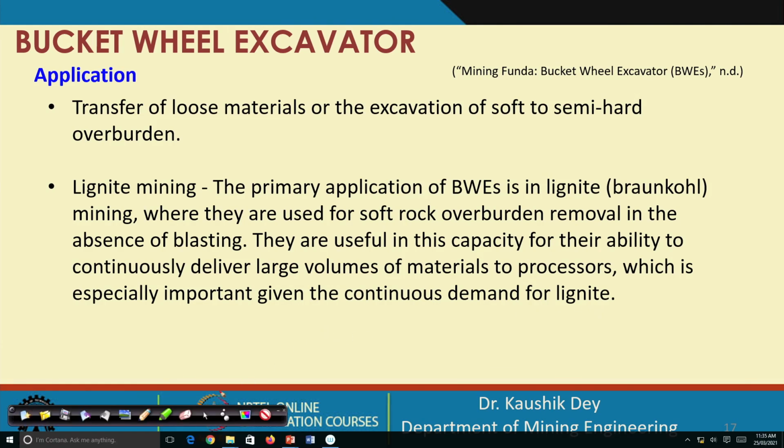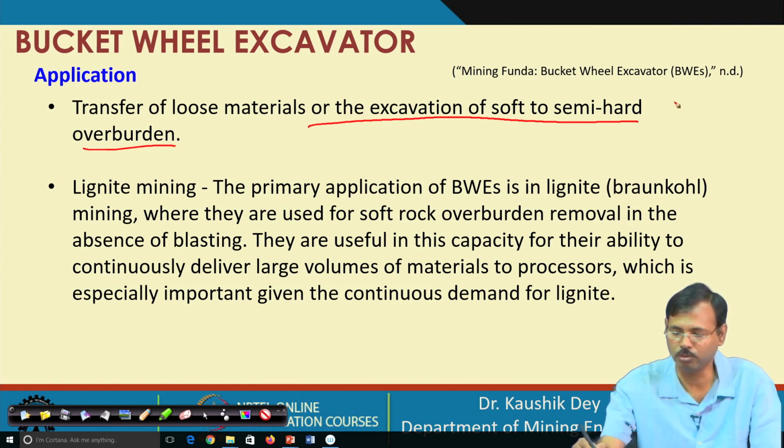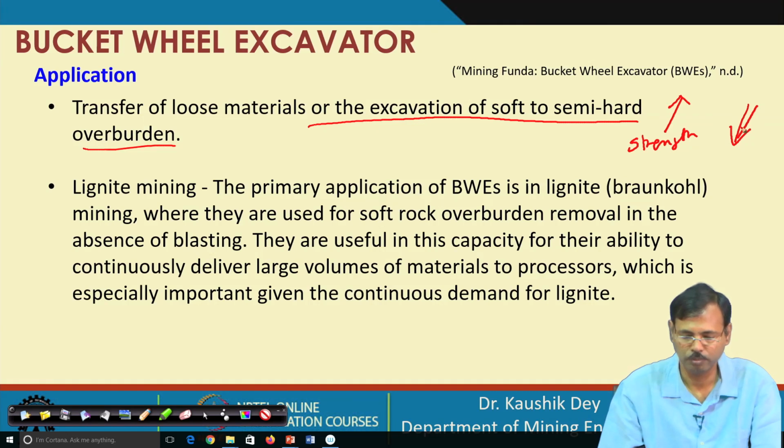Now, basically as it is a direct excavator machine, or you can say it is directly cutting the material, essentially this is applied to soft or semi hard rock. For very hard rock, say having compressive strength of 200 megapascal and so on, the performance of the bucket wheel excavator will reduce significantly. So, with the strength of the rock, the performance is reduced significantly, and that is why it is preferred to be used with soft and semi hard